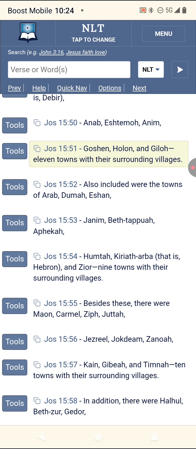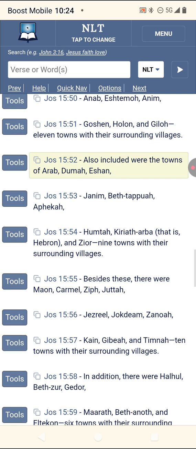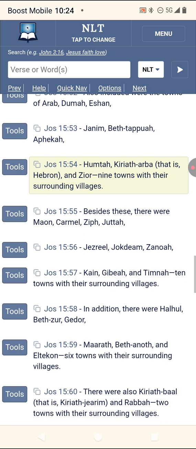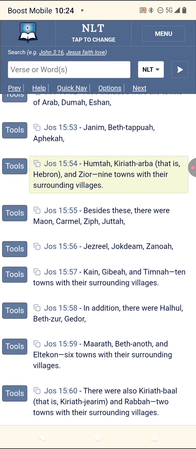Let's keep going. Goshen, Holon, and Giloh, 11 towns with their surrounding villages. Also included were the towns of Arab, Dumah, Eshan, Janim, Beth Tappuah, Aphekah, not Africa, Humtah, Kiryat Arba,